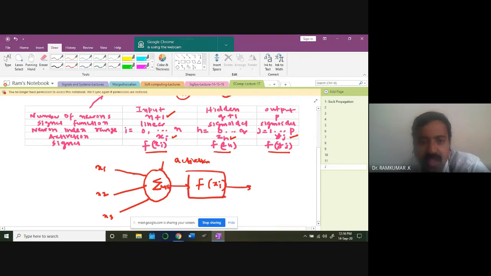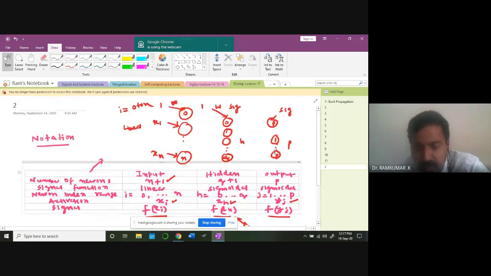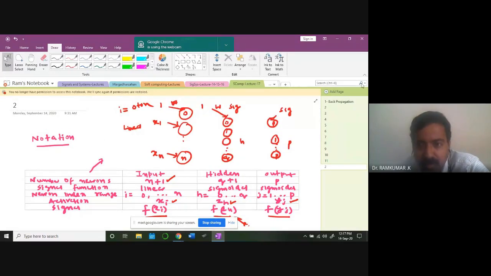So for each layer, you have to perform this summation initially, that is the activation, and then pass that summation to a function, that is a sigmoidal function. In our problem, we are going to choose only the sigmoidal function. Z of H, this one. All right. Any doubt in this? Anything you want me to tell again? Can I proceed?